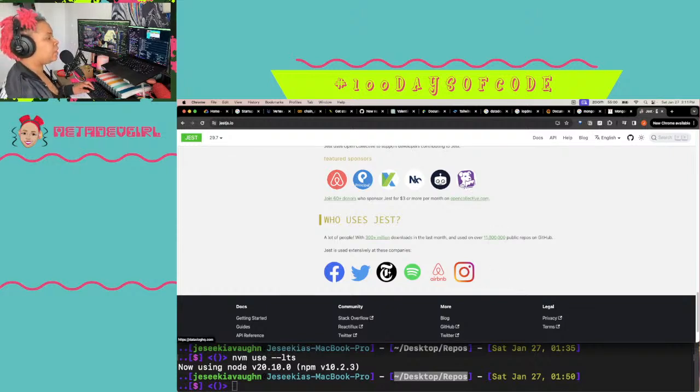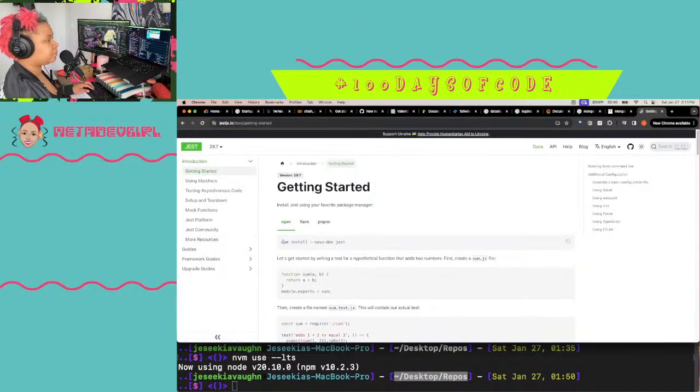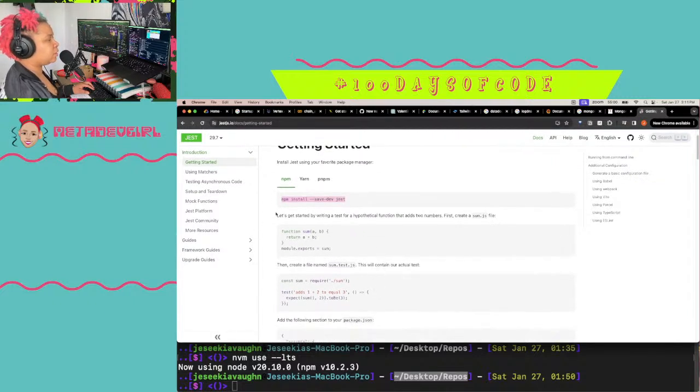So we'll probably just use Jest. Getting started. Put Jest in here. Mock functions.